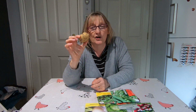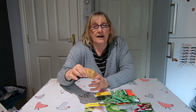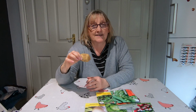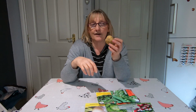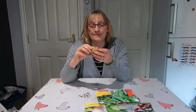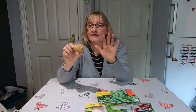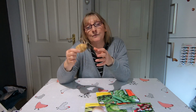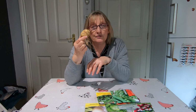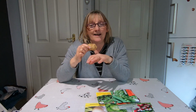So the potatoes that you have in your cupboard are designed and bred to be eaten, but you can actually get special potatoes that are bred and sold to you to grow potato plants. So either of those will do. Just get yourself a potato, whether it's from a garden centre or from your cupboard in the kitchen, and just take this potato and sit it on a window ledge and just leave it there for a couple of weeks, 3 weeks, and then we'll get onto a video that will show you what to do with this potato,